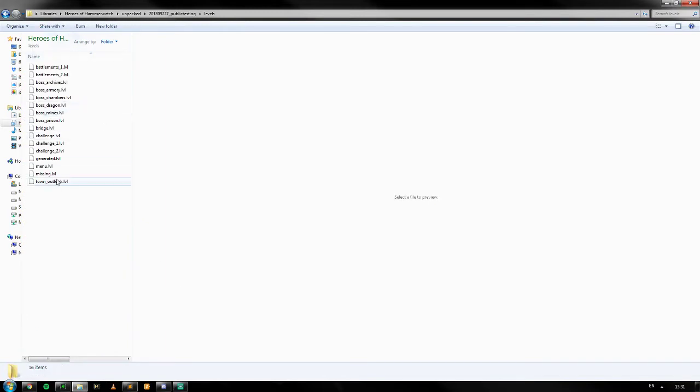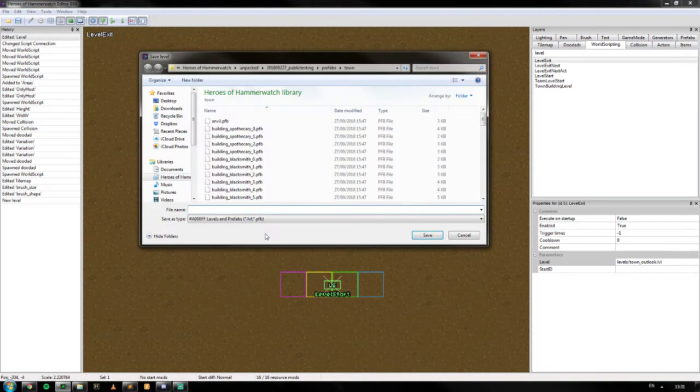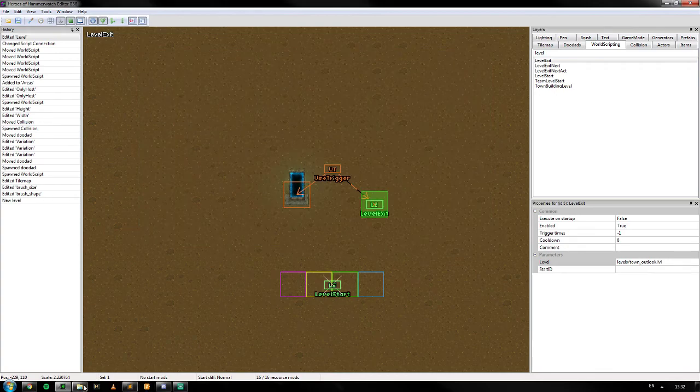We want it to go to levels, town outlook.level. Town outlook.level. Press enter. Save it. Oh, I have to save it as a level, obviously. So I'm going to